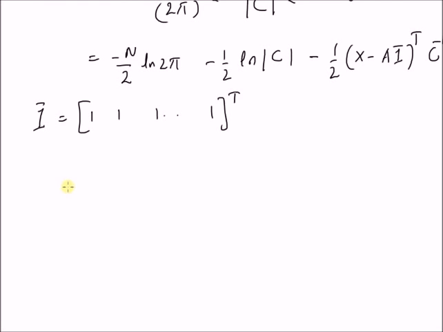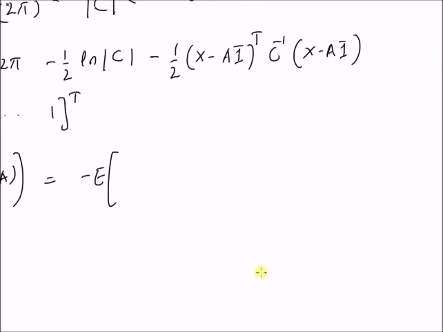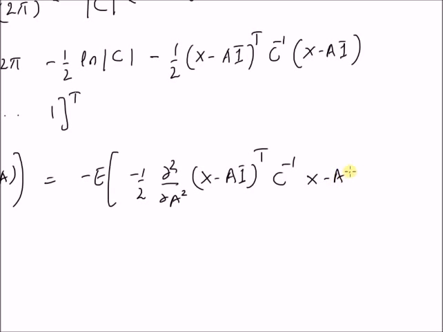Now the CRB can be defined by determining the Fisher information value, which is defined as minus expectation of the second derivative with respect to the parameter A of the log likelihood function, which is equal to minus expectation of the double derivative of this term with respect to parameter A. So clearly the first two terms have derivative equal to 0, and the last term has minus 1 by 2 into the double derivative of the product x minus A into 1 bar whole transpose C inverse x minus A times 1 bar,